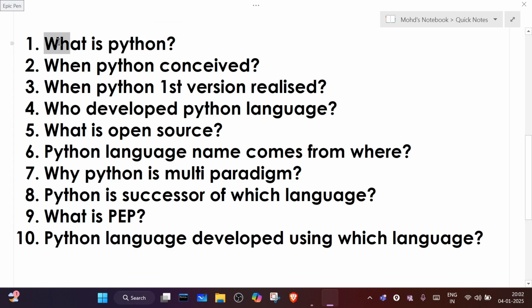The first question is, what is Python? Can anyone tell what Python is? Is Python a high level language or a low level language? High level language. Okay, give more definition.